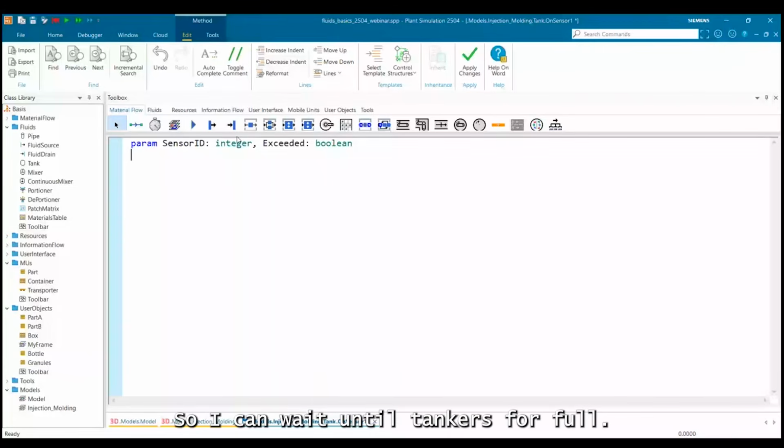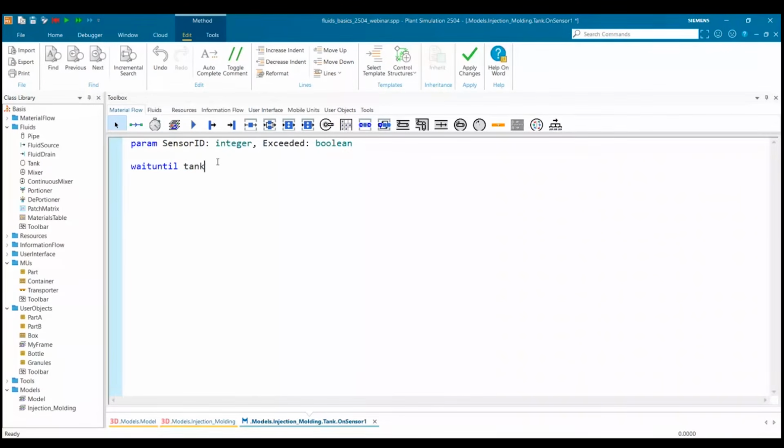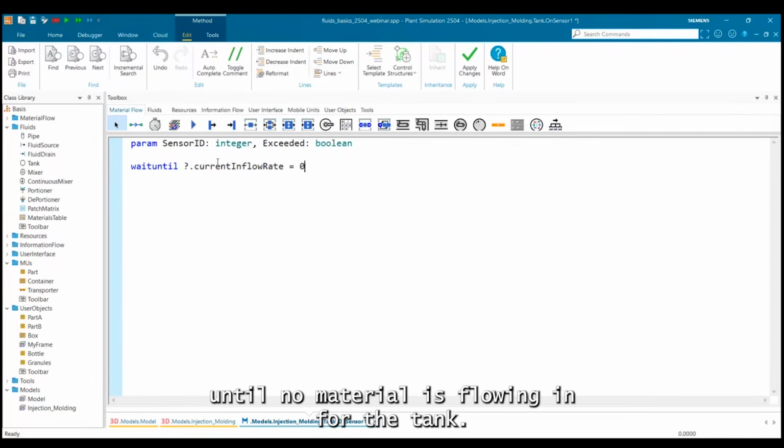So I can wait until the tank is full. This is one way to wait until no material is flowing into the tank.